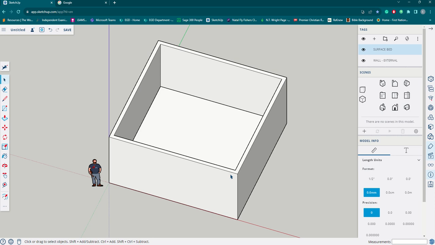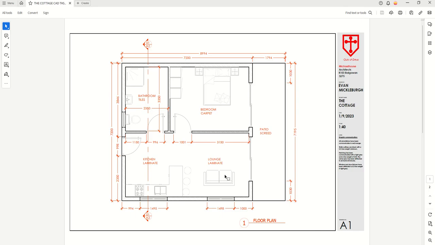Welcome to video tutorial number 3 of your one-bedroom cottage. Here we're going to model the internal wall for the cottage. So if we go back to our specifications, notice that the internal wall is 350 from what we would call